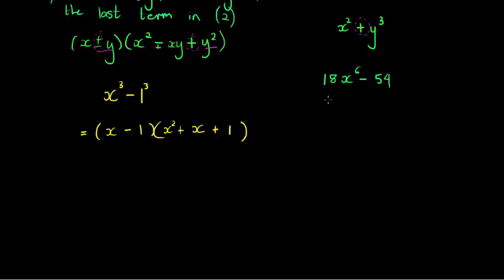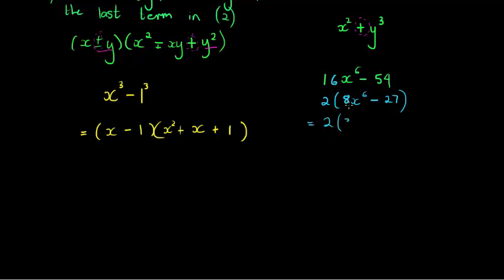In this case, the number 2 can be taken out as a common factor, and then I have 9x to the power of 6 minus 27. Okay, and 9 and 27 can both be written as cubes. 9 is not. Let's make it rather 16. I made a mistake. That was silly. Okay, let's make this 16, which isn't a cube, but when we take out a 2, it's 8, which is